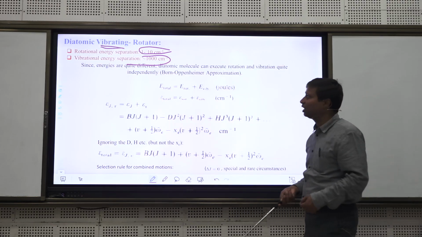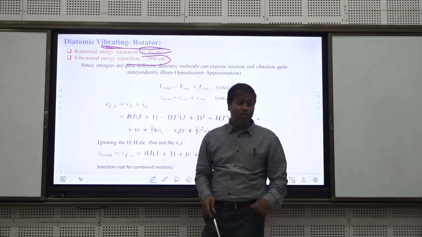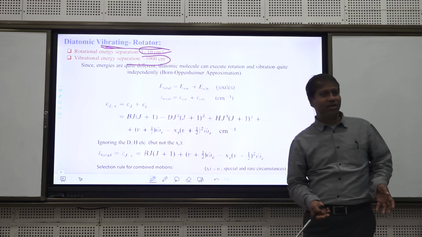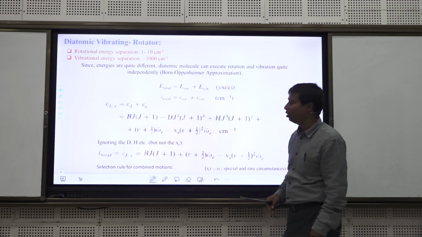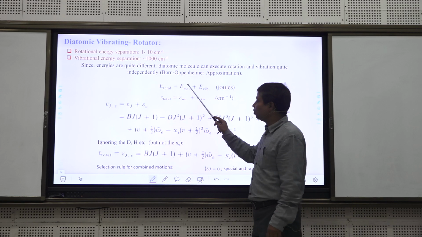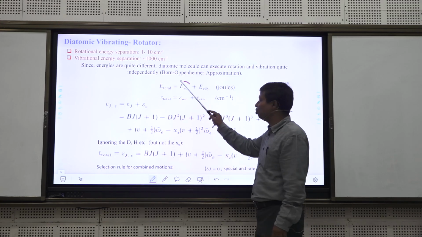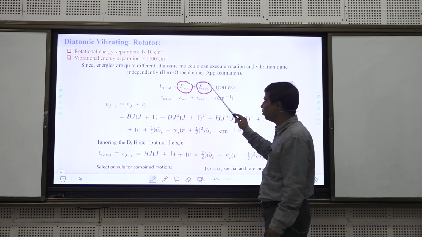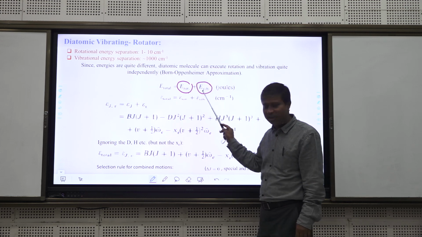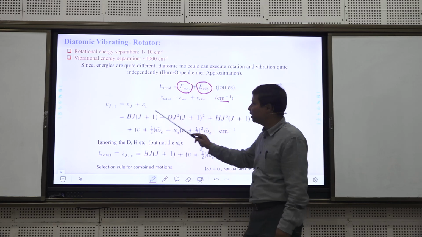So we have to discuss the diatomic vibrating rotator. Both vibration and rotation are happening simultaneously. That is what we will discuss now. We did not teach you rotational spectroscopy here, but you know the expression for the rotational energy level, and now we have seen the expression for the vibrational energy level. So if you write it in wave numbers,